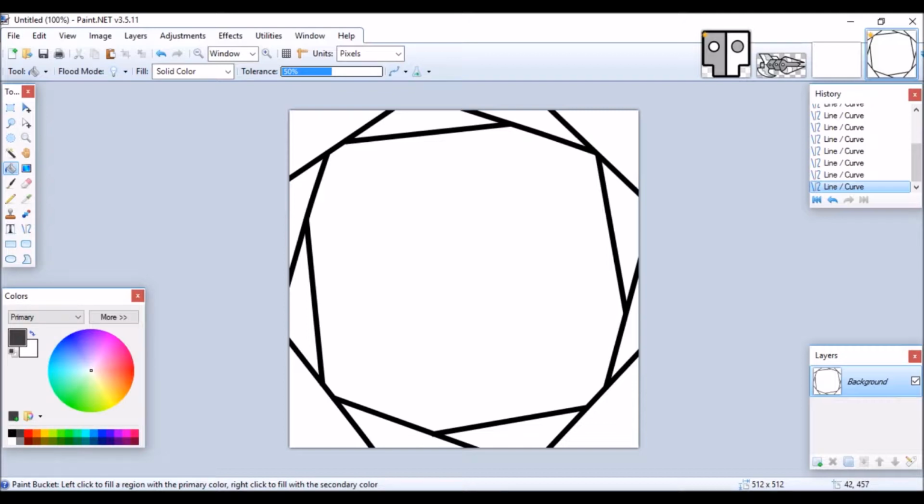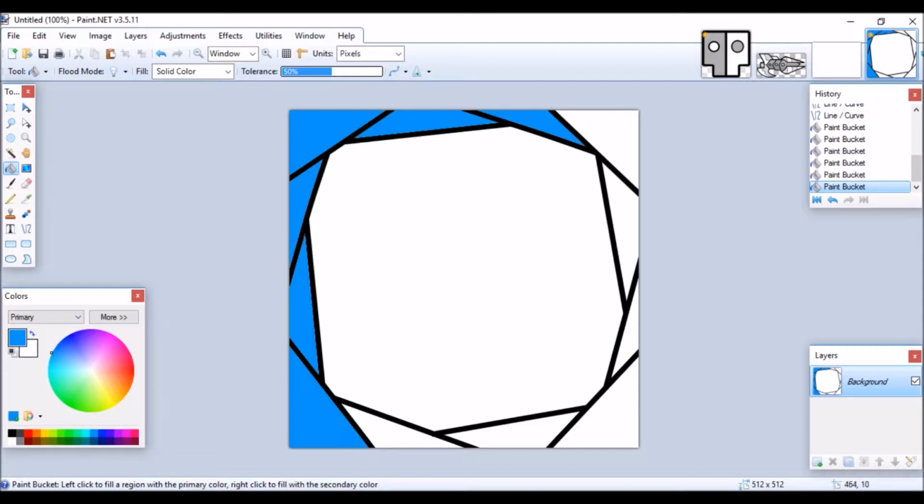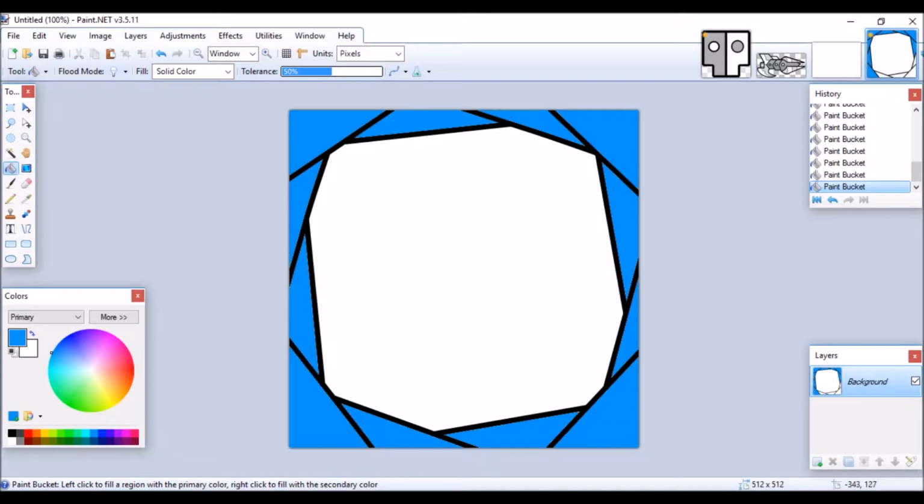Now we have to color in the white parts of the outer border. So what you're gonna do is select your paint bucket tool and choose whatever color you want, and then you can color the sides of the border. I chose blue because that's kind of the theme I'm going with. Now you have to select your magic wand tool. You press Control, and then you click on each loose triangle, square, trapezoid thing, each one of them, while holding Control, and then